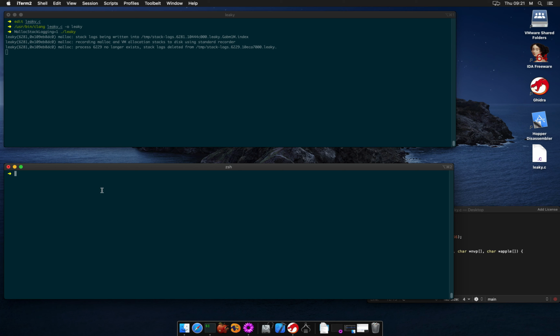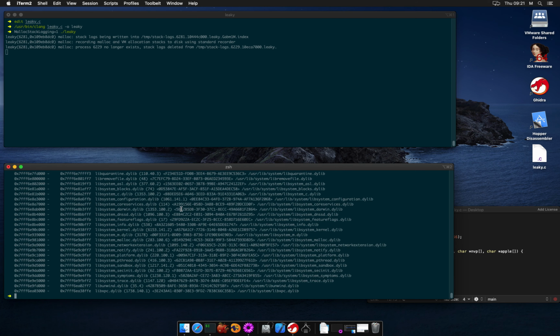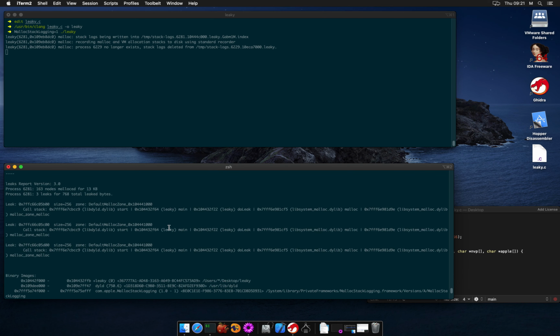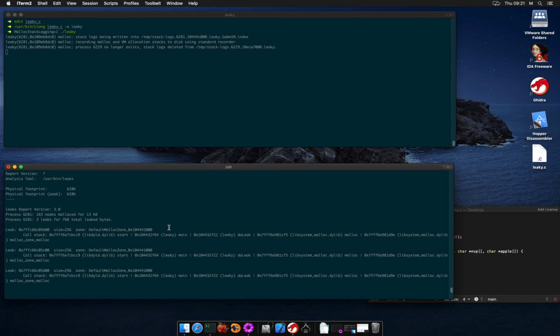We will use the built-in tool called leaks. No surprise, again, we can either provide the process name or a process PID and the -list flag. Because we started with the MallocStackLogging environment flag set, we again see almost the same information as before. But notice here that we have 3 memory leaks. Each of them is 256 bytes. 3 leaks, exactly as in the code.